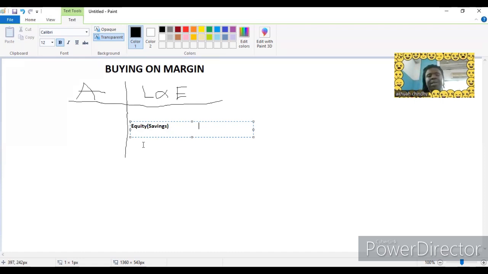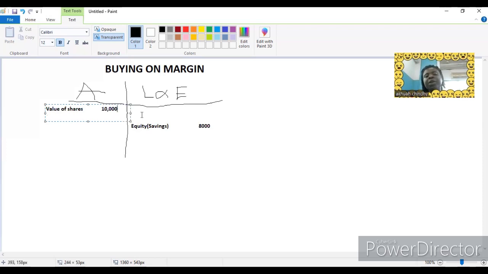Okay, so just know that the money you brought to contribute as capital, as your equity, that was 8,000. So don't forget to bring your dollar sign and all that. And here, I'm not going to do that too, so that we'll be able to go fast. Okay, and then they said that the value of the shares was worth what? The shares was worth 10,000, right? So value of shares was 10,000,